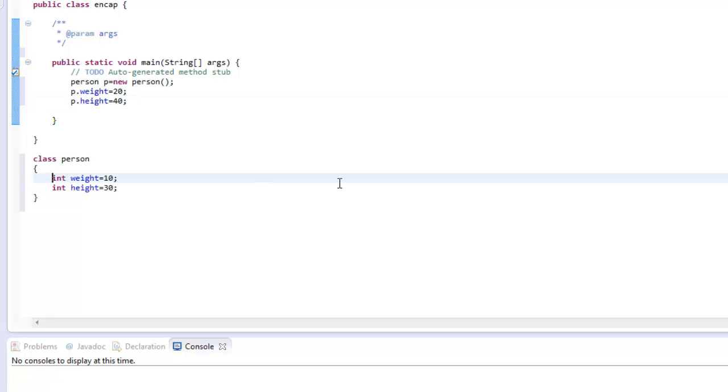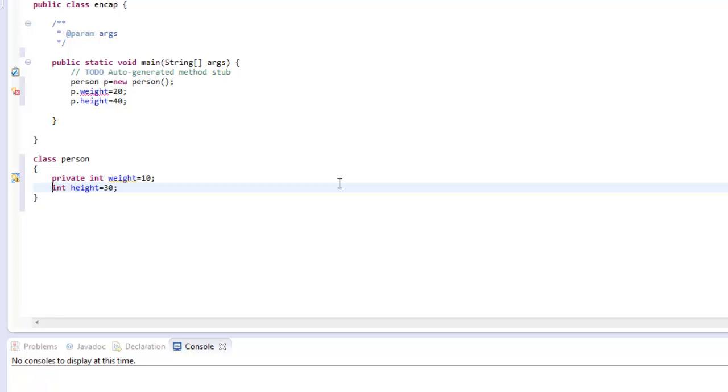Now, in case I make these variables private, then there is an access problem of accessing these variables outside the class Person. Now we can see the error that comes in the class. It says the field Person.weight is not visible. This is because any variable that is declared private can only be accessed